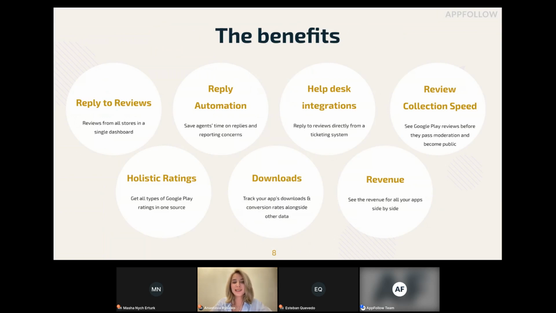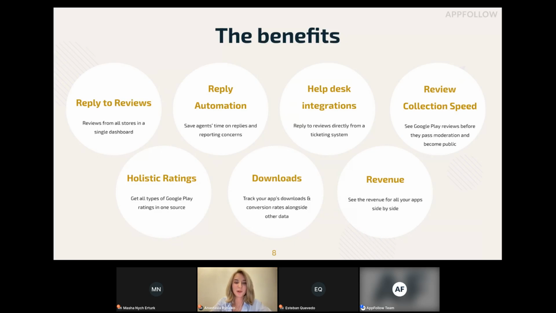If your team works in a ticketing system to manage your tickets and conversations, you'll be able to send reviews as tickets directly to the tools that they use, and they'll be able to reply from their native help desk system. Even if you don't use a special ticketing system, you can receive new reviews in a Slack channel and reply to them without leaving Slack. In this sense, you can think of AppFollow as a central hub to all of your reviews. Once you're fully connected to your data sources, you can be as flexible as you need to be to achieve